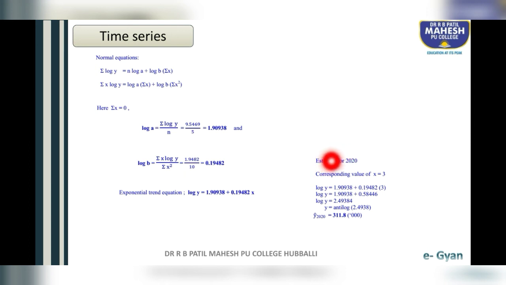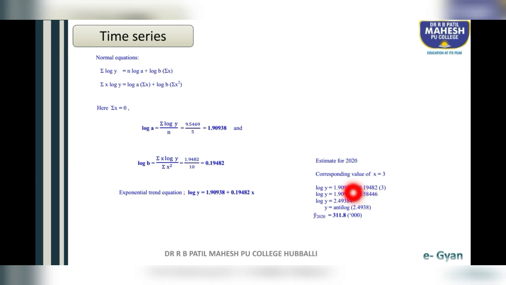To estimate the profit of 2020, for 2020 the value of x is 3. In the place of x, students, we just substitute 3. So this becomes log y is equal to 1.90938 plus 0.19482 into 3, which becomes 0.58446. So add these two values. After adding these two values, log y is equal to 2.49384. So therefore take antilog on the RHS side, and it becomes y is equal to antilog of